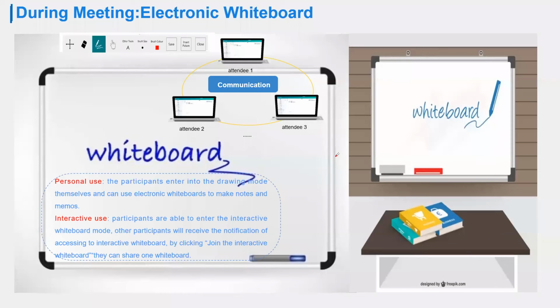Electronic whiteboard. This is similar to the synchronization sharing. This is a synchronized whiteboard that everybody could make some notes on. As you can see, for personal use, the participants enter the drawing mode themselves and can use electronic whiteboards to make notes and memos. And if you want to interact with your coworkers, you'll be able to enter the interactive